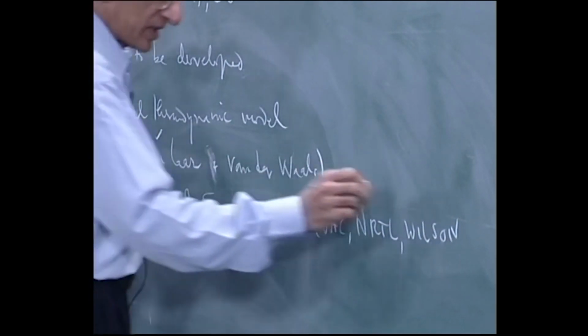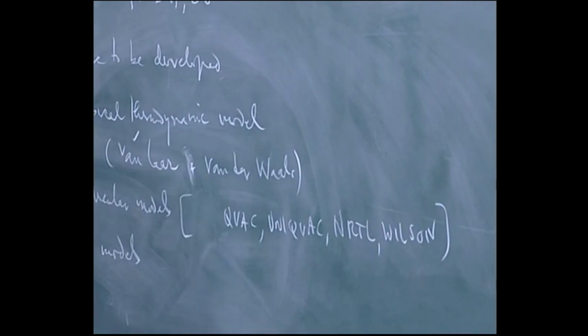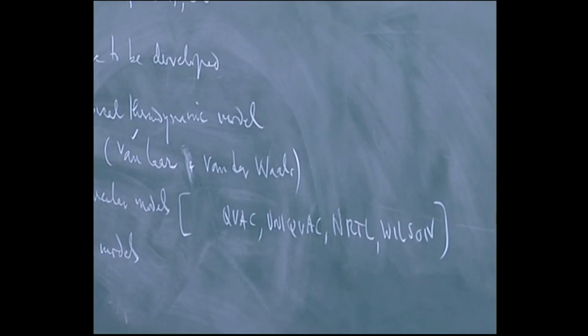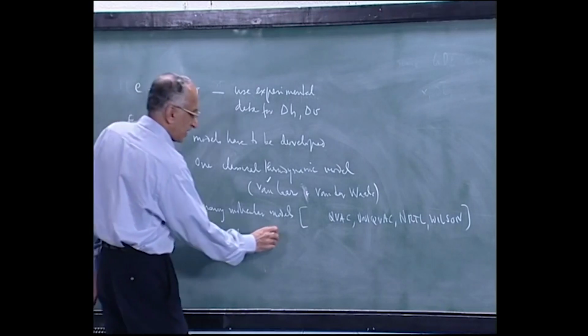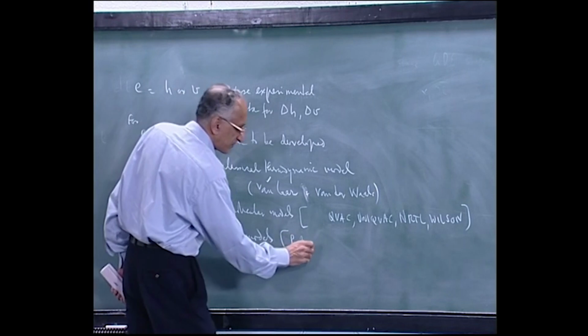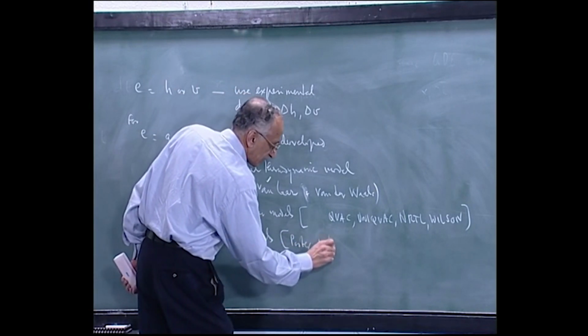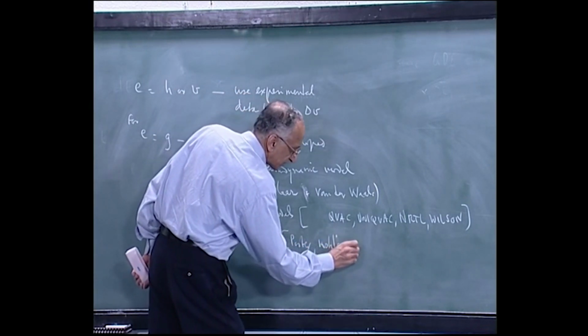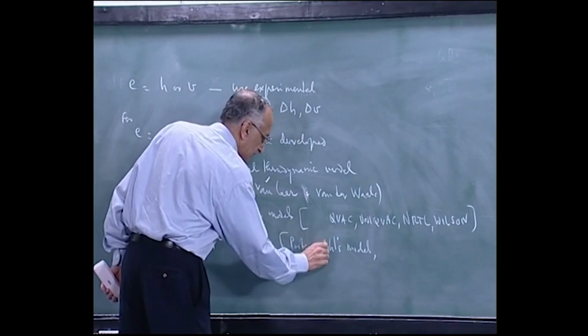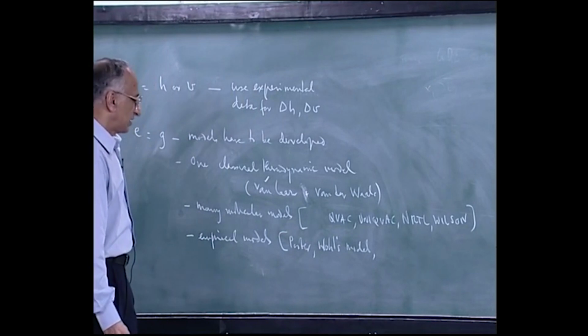I think those are the only ones you will have to know. There are more, but these are the tested ones, and empirical models start from what is called Porter's model, Wohl's models. He has a whole series of models,